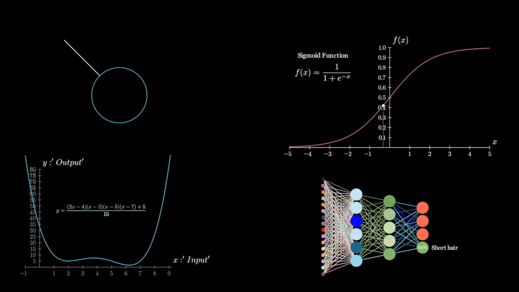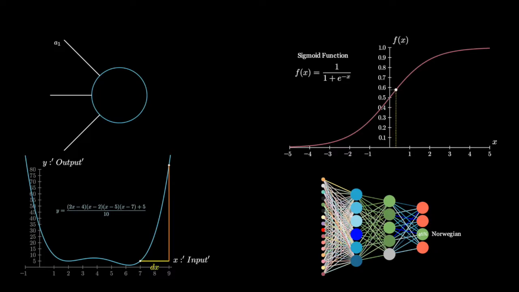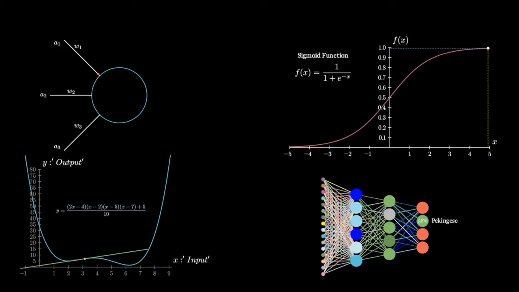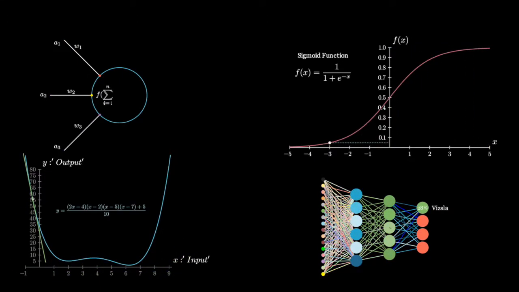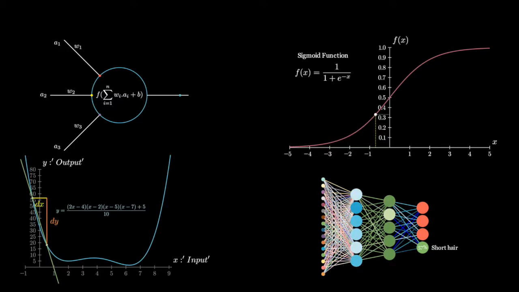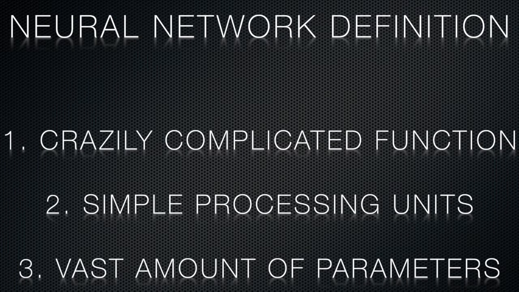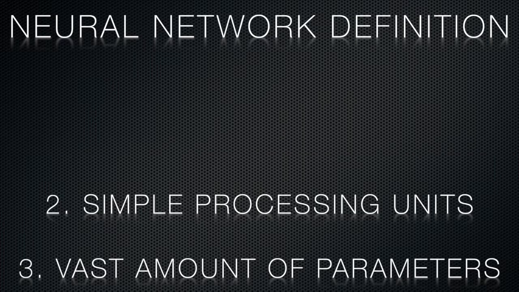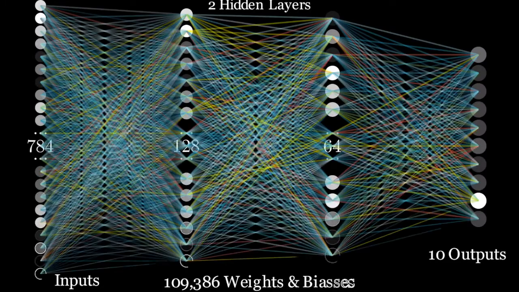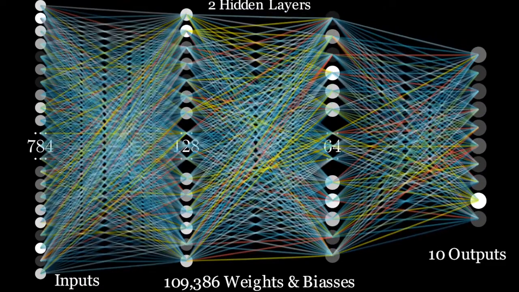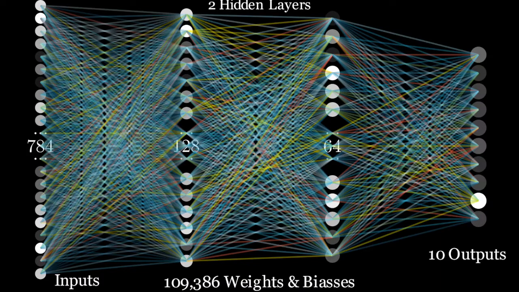We've looked at a popular AI approach to classification, neural networks. These contain simple processing units stacked into layers, the outputs of one layer feeding the neurons in the next layer. There are lots of definitions of neural networks. For now, I'm going to describe them as a crazily complicated function made up of simple processing units with a vast amount of parameters. A network with 784 inputs, 10 outputs, and 2 hidden layers of 128 and 64 neurons is small, certainly small by AI standards, but this small network will have